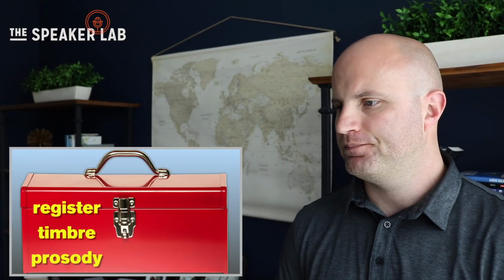So he talked about the register, from nose, throat, chest, right? And he talked about timbre, and I'm not entirely sure what that is, other than it's just kind of a smooth voice, but he didn't demonstrate it in the same way that he demonstrated the register. So it feels a bit more gray, murky to me. So again, the more you can demonstrate, the better it is for the audience to understand. The sing-song, the meta-language that we use in order to impart meaning. It's root one for meaning in conversation. People who speak all on one note are really quite hard to listen to if they don't have any prosody at all. So again, giving the example of it, and the audience will be like, yep, got it, that makes sense.